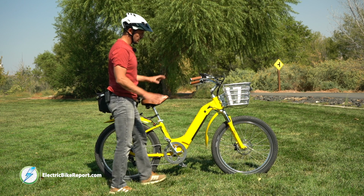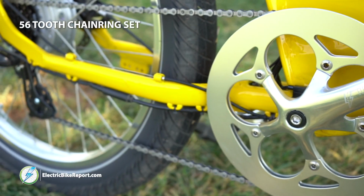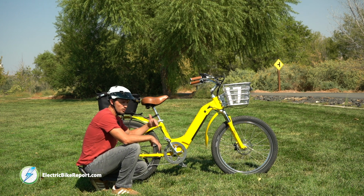They just perform really well. Another thing that I want to highlight is this front chainring. It's a 56 tooth front chainring. And so what that does is at speed, if you put it on like assist level 4 or 5,